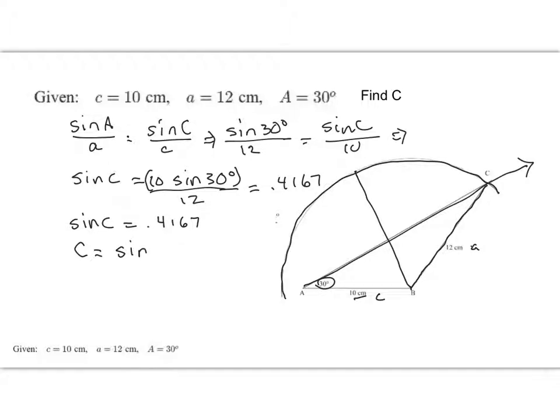That means that angle C is arcsine of 0.4167. Use the answer you got, don't round it, or you'll get the wrong answer because trig ratios are really, really susceptible to rounding. So you should get that C